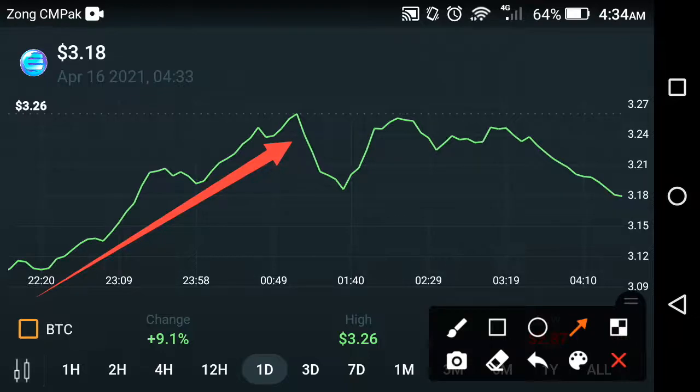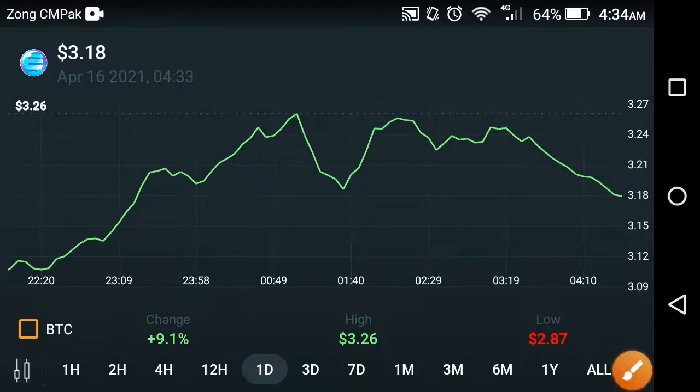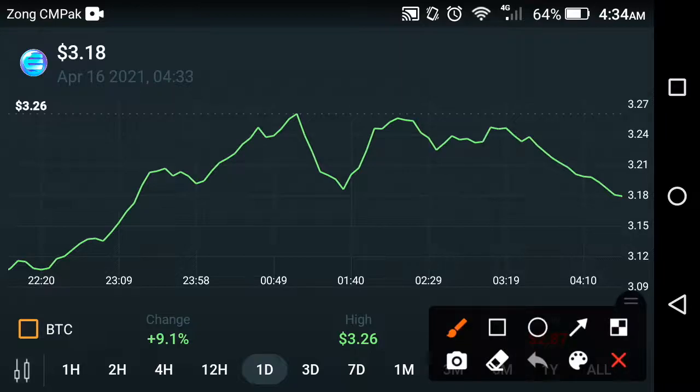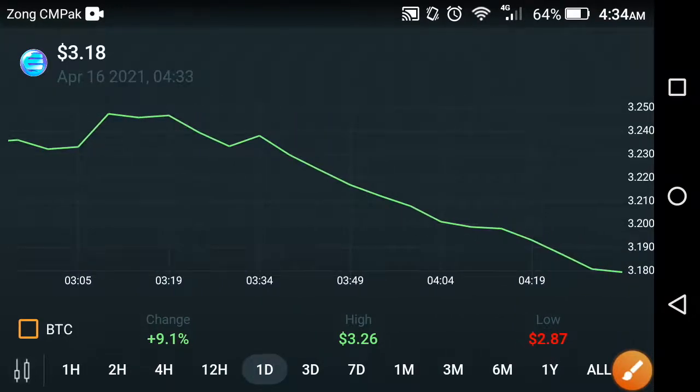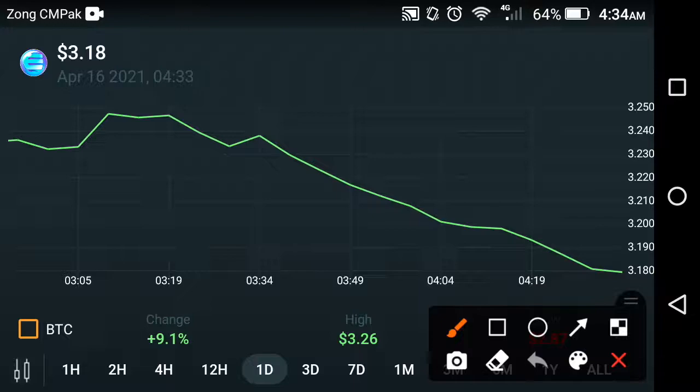But after this period the dumping of the Enjin coin starts now. Falls occur, bearish falls occur in Enjin coin starting from this period, friends. Now let's look at the current conditions and what changes come next in Enjin coin. As you can see here, if we zoom in you can understand it better. Now as you can see here, friends, the fall has occurred in the Enjin coin you are watching now.